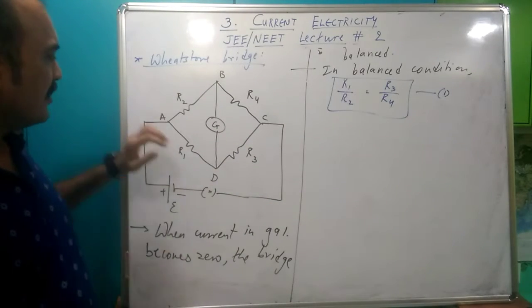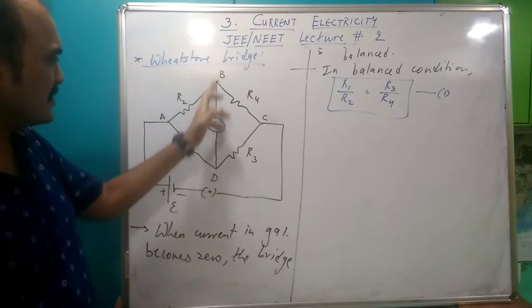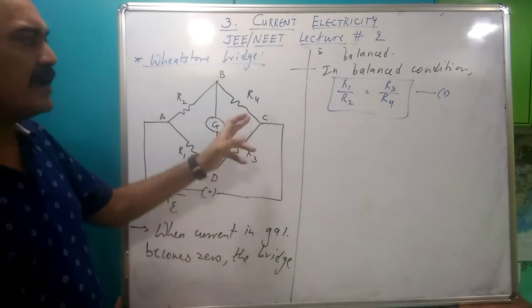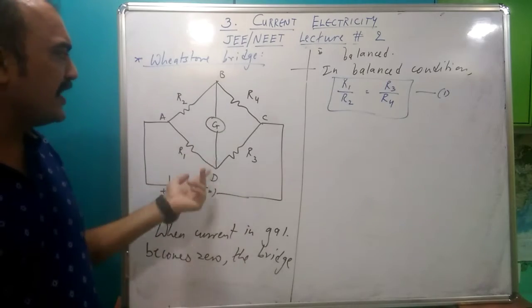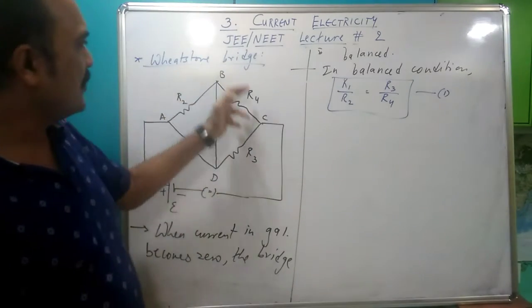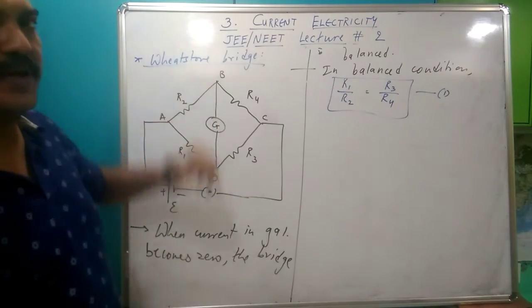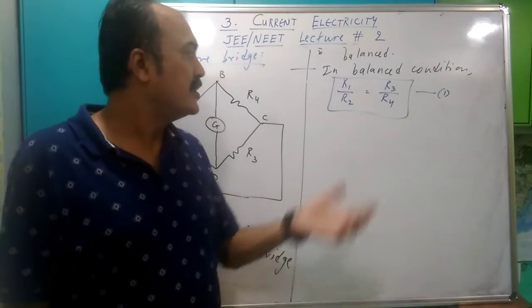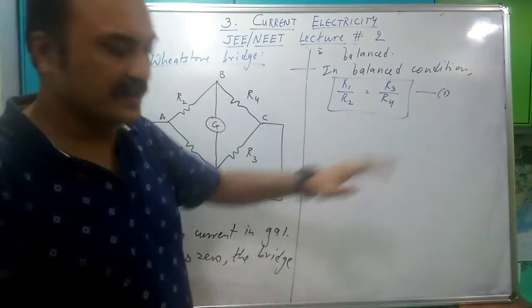If you see a circuit which has R1 by R2, this by this is equal to this by this, and it has some resistor in the middle, then the bridge is balanced. As a result, this Beachwala branch, the BD branch, will simply cease to exist, and these two will be in series, these two will be in series, and these two will be in parallel. You can work it out that way. So the converse is also true. So R1 by R2 is R3 by R4.